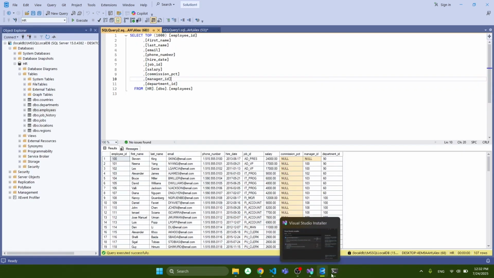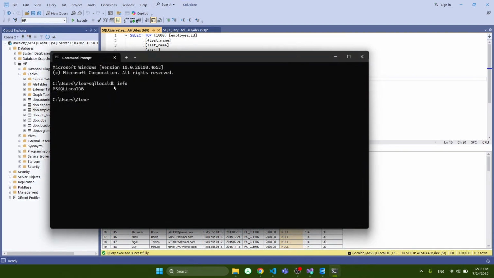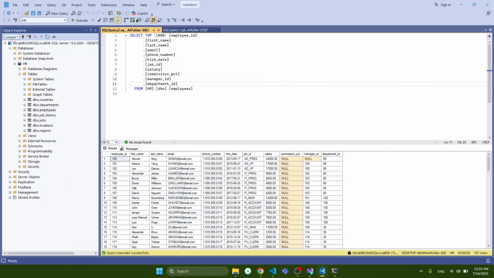Okay, if for whatever reason you don't have this localdb, you can type SQL localdb create, and the server name, let's say local, and here you can see that you have two localdb instances, and